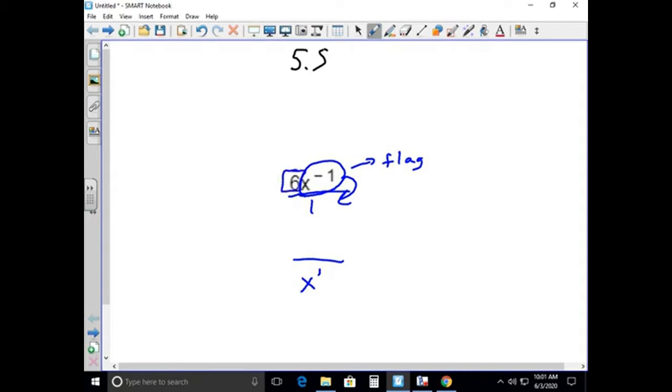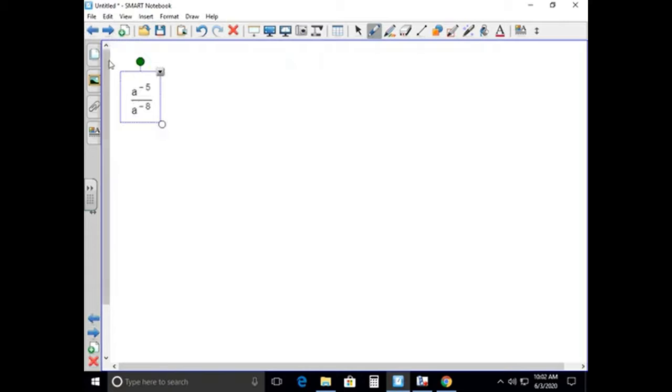6 did not have that negative exponent, so it stays where it is. So we only move something if it has a negative exponent. So we could write it this way, or we could write it 6 over x. That exponent of 1 is not necessary. All right. So then if we take a look at the next one,